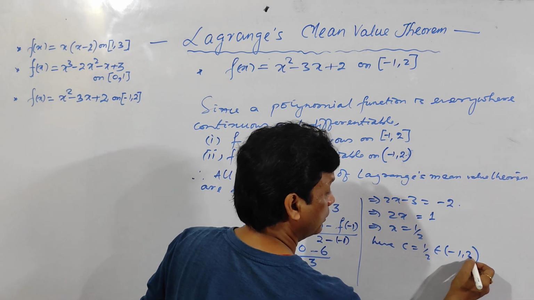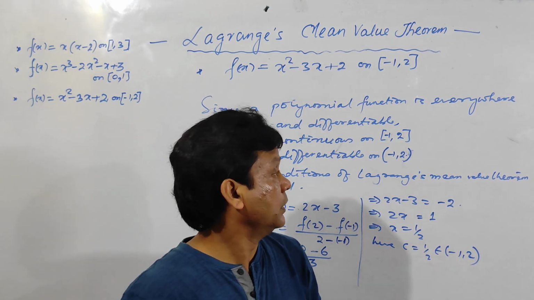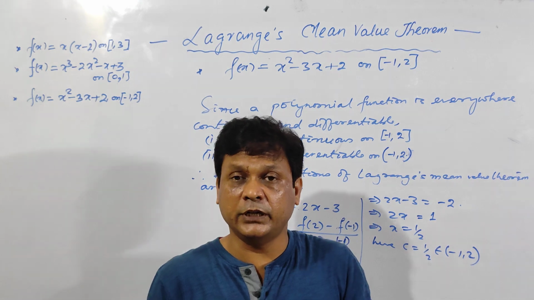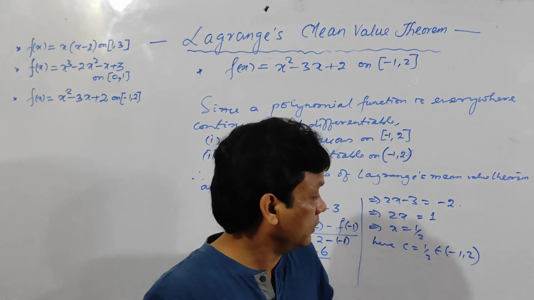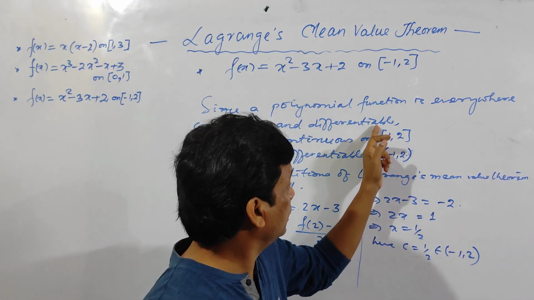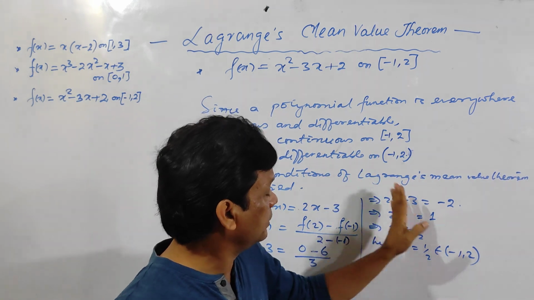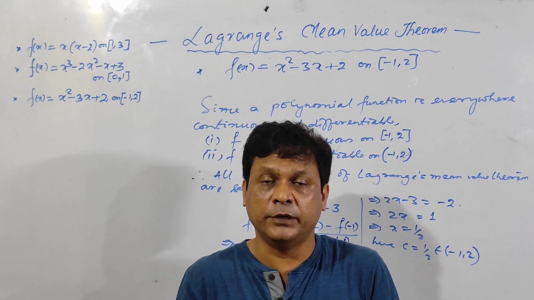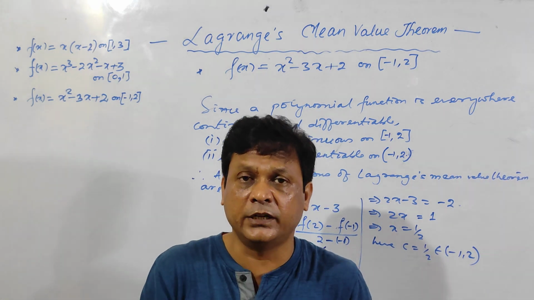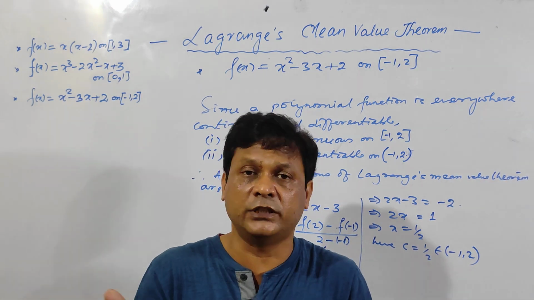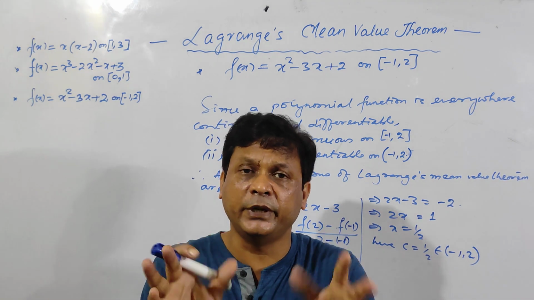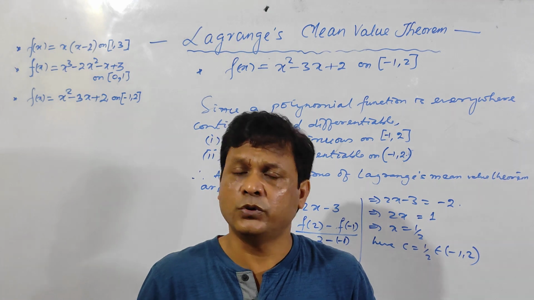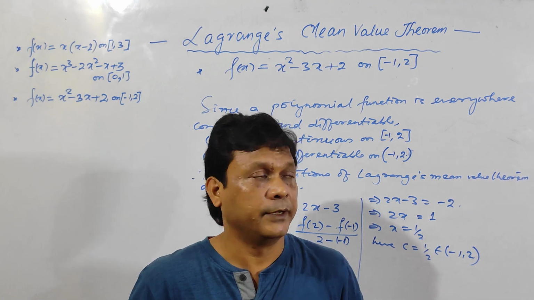You should put the open interval. See here, you should be very mindful, you should write where it is open interval, where it is closed interval. Only for continuity, the continuous case, it is closed interval. Otherwise, everywhere you should write open interval. If you write closed interval in place of open, or open in place of closed interval, you get 0, because it is completely meaningless. Simply you will get 0. No step back here. Okay.